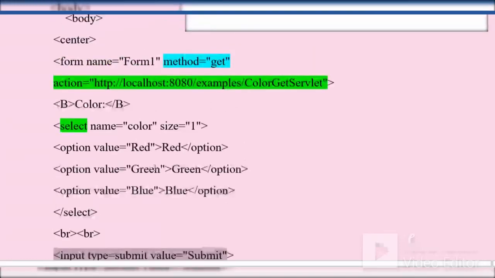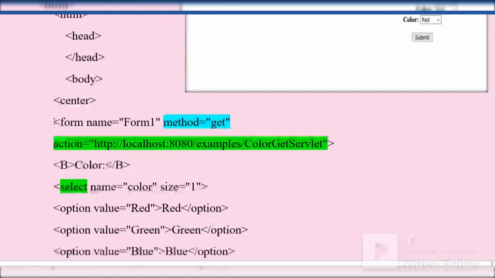Now the important thing is in the form tag, important attributes are method equal to get or post. Now what is the meaning of get? When you transfer your data, here you can give method equal to get or post.